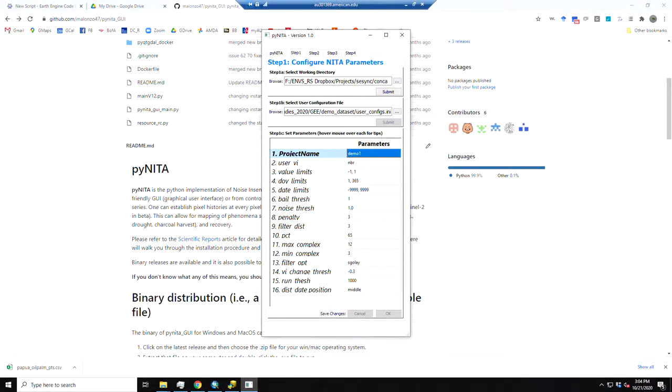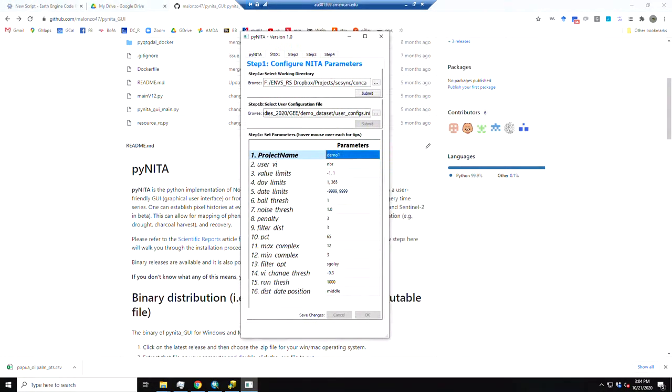In this case, if you recall from the paper, it was looking at the land cover change mostly from forest or agriculture to impervious surface. So fairly easy to characterize, but important changes in the watershed. Right now I've started with the demo dataset user configuration file, because that's what you'd likely be starting with as well. I've directed myself towards the appropriate